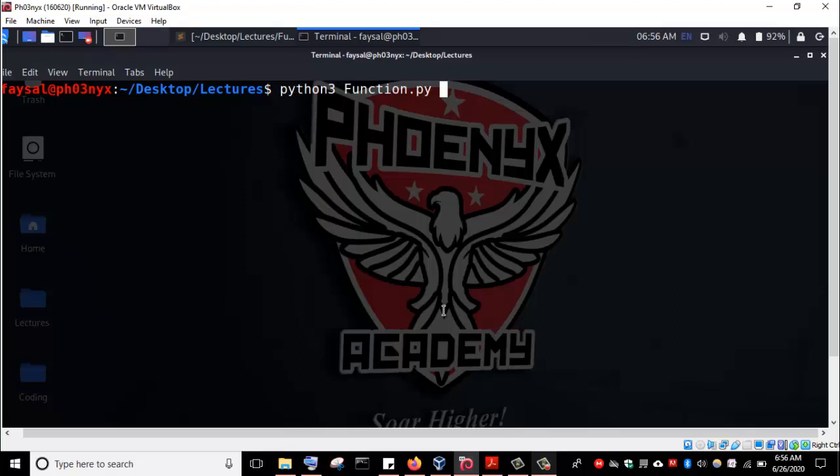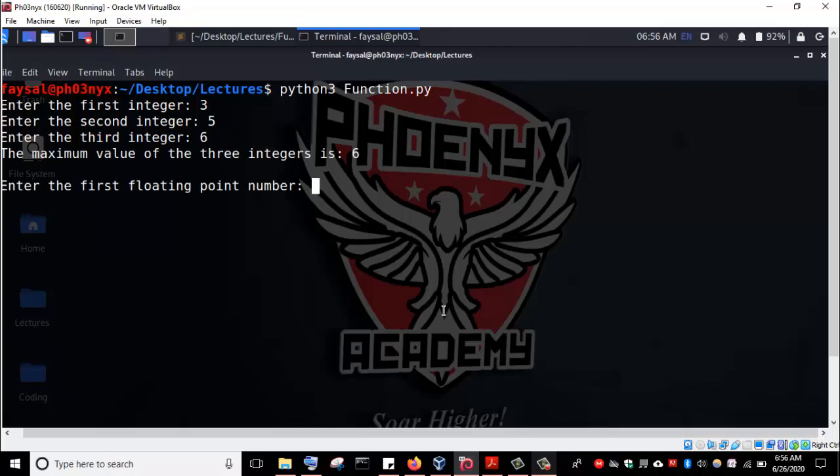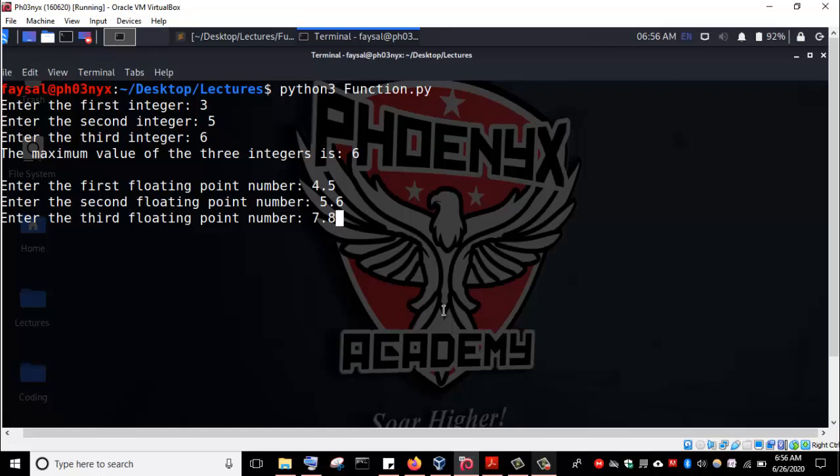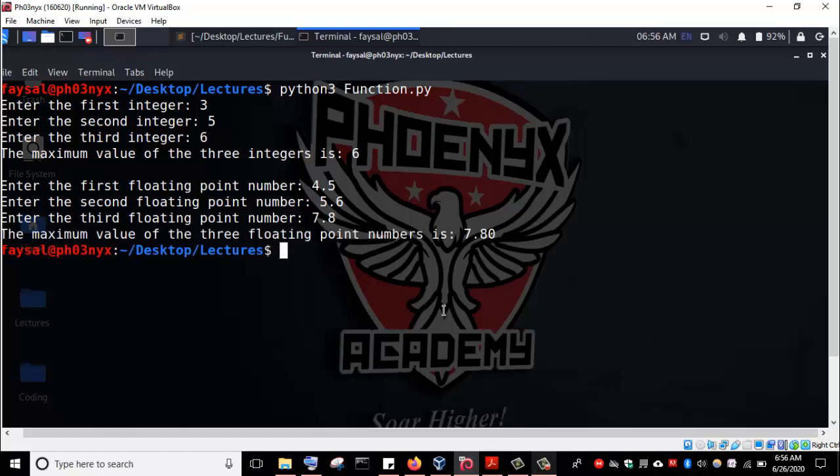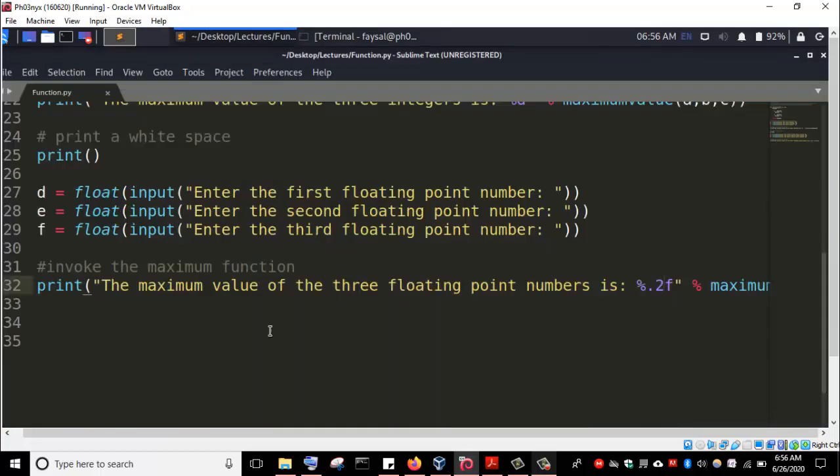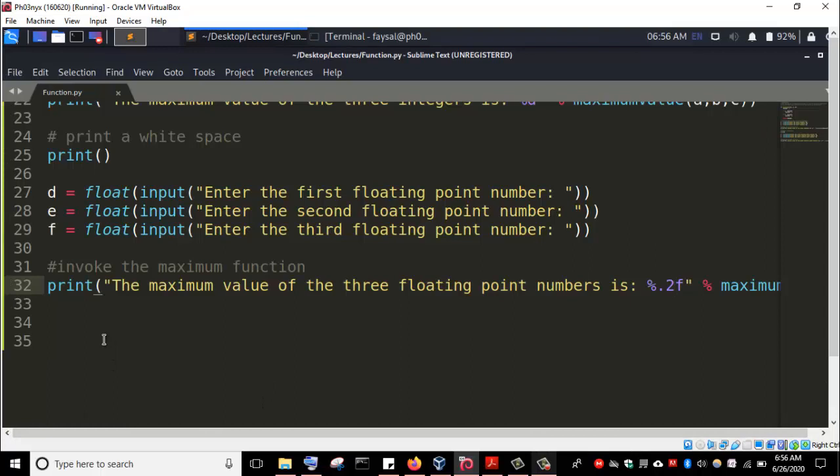Run it. Enter the first integer 3, 5, 6. The maximum of the 3 integers is 6. Enter the first floating point number, 4.5, 5.6, 7.8. The maximum value of the 3 floating point numbers is 7.80. So our program is working as expected. Now let's see how we can use this same function to get us the maximum